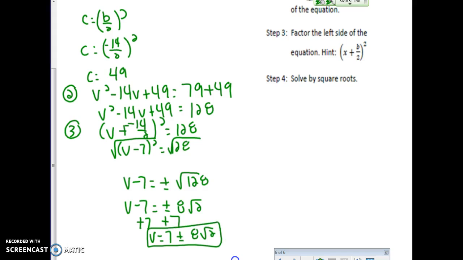So I want you guys to try the next two on this page, 9 and 10. And then when you guys are done, just raise your hand and I can talk and see if you guys got them, see if you have any questions. And other than that, you guys have a glorious